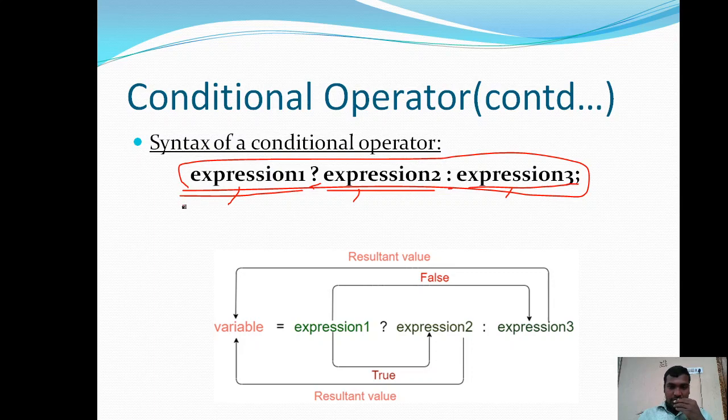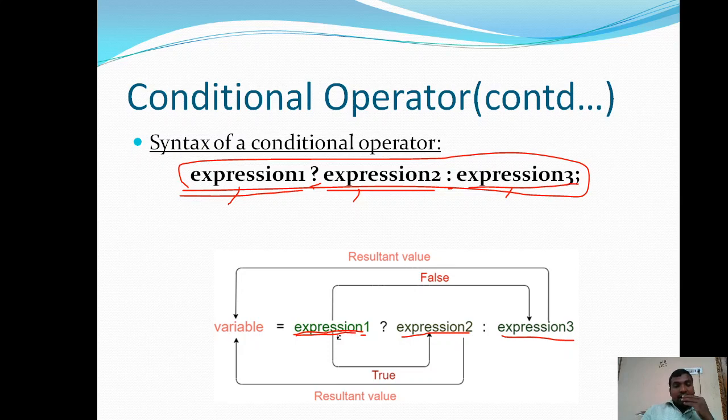Ternary operator, three operands are there. Okay, so this is the control flow of the conditional operator, a ternary operator. So here expression 1, question mark, expression 2, colon, expression 3 is there. So how the C compiler is going to perform this expression evaluation is, first of all, it performs the evaluation of this expression 1.